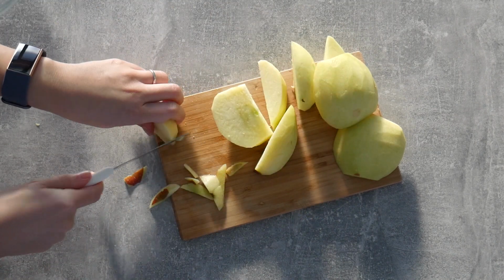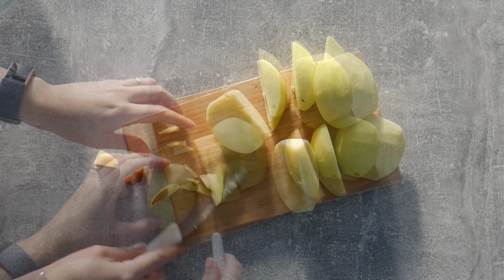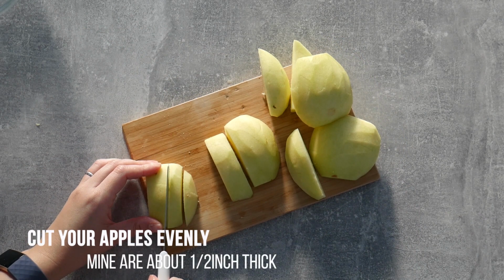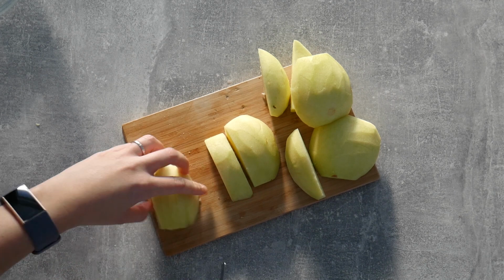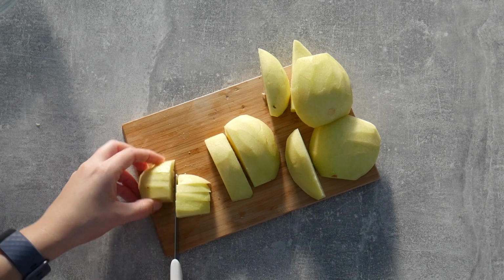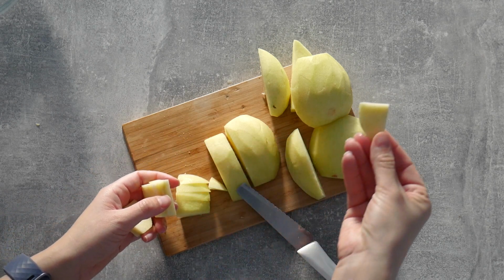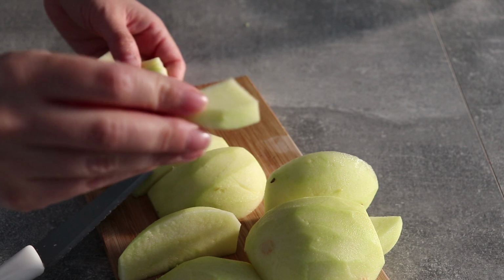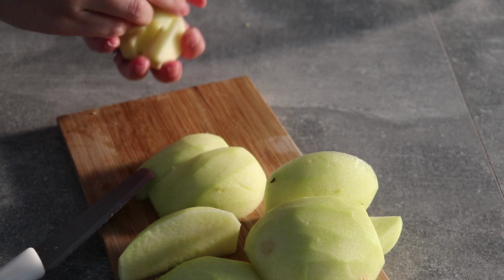It doesn't have to be perfect, but you will notice that there's peel on the apple once it's baked. And I'm trying to get now some even slices out of these wedges. So I went for something about 1/2 inch in thickness. I don't want it too chunky, but I also don't want it too thin that it just becomes